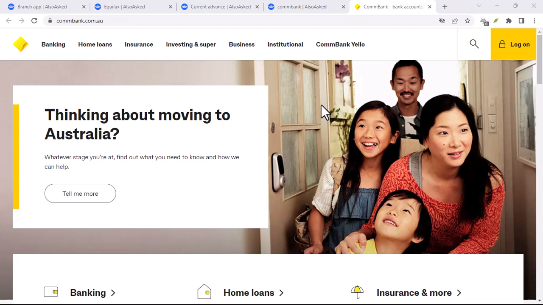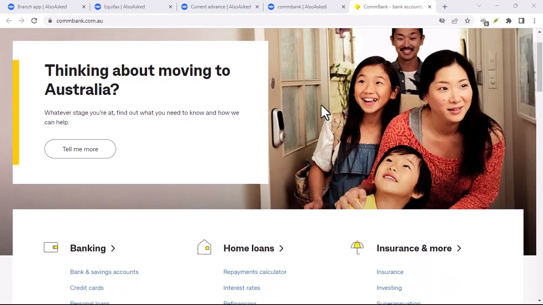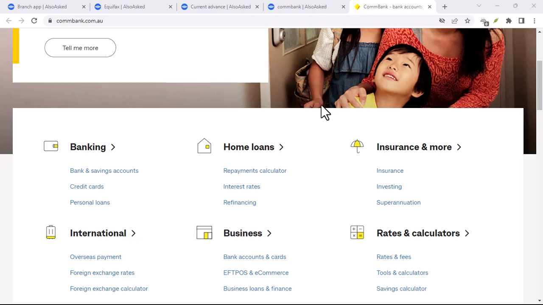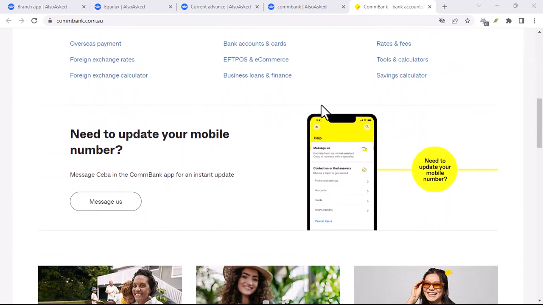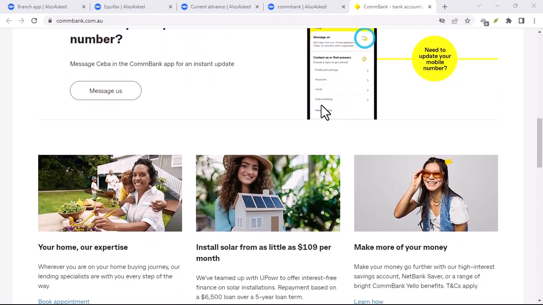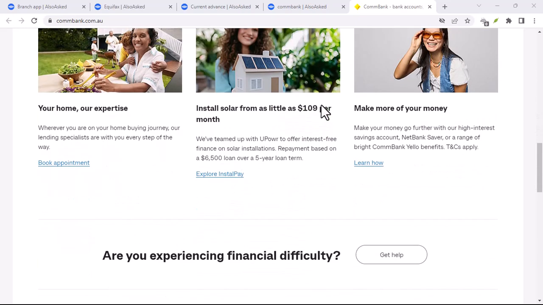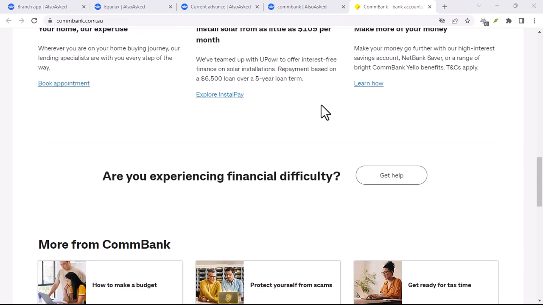Have you ever found yourself in a situation where you needed to access your Commbank account but couldn't figure out how? It's a common problem, especially for those new to online banking. In this video, we're going to walk you through the simple steps of adding your Commbank account and getting started